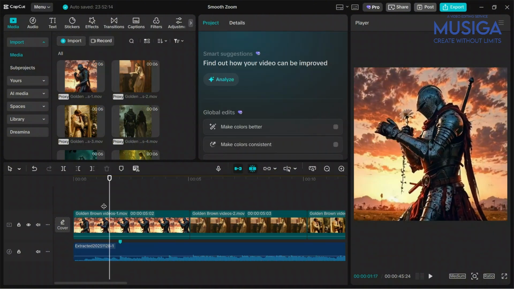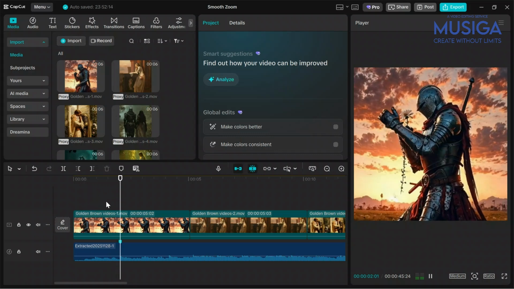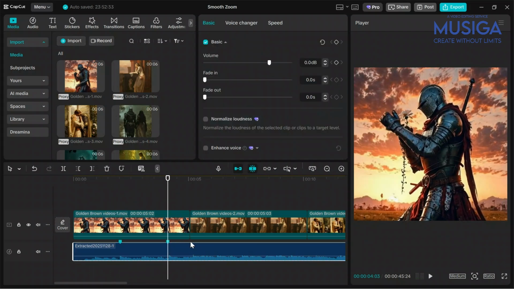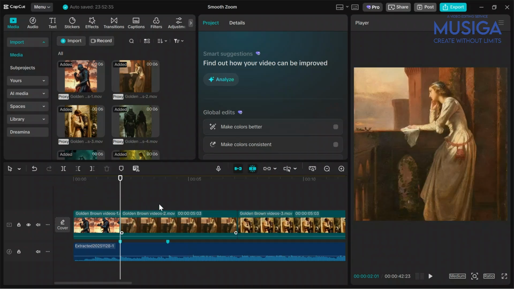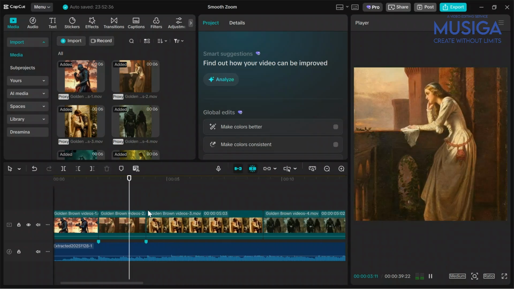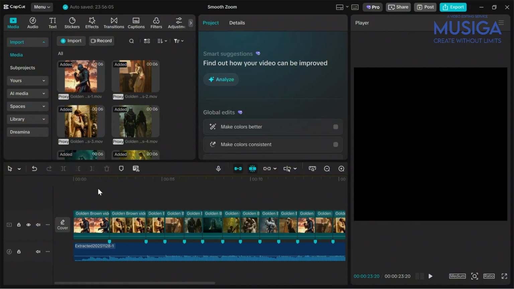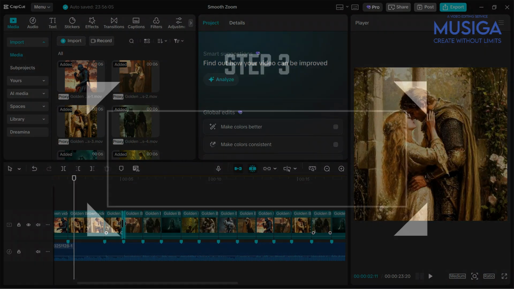My audio might not be the same as yours, so whatever audio you have, just use the same method I am doing. I'm going to mark it here as well. So we're going to cut here, we're going to cut here. Okay, so now that we are done marking the beat and syncing it,